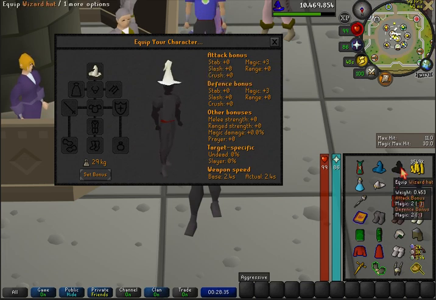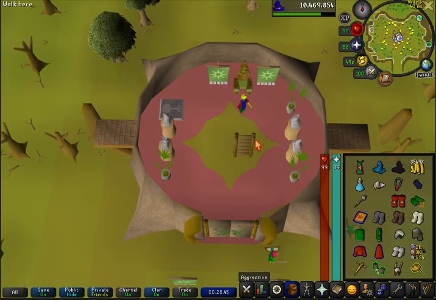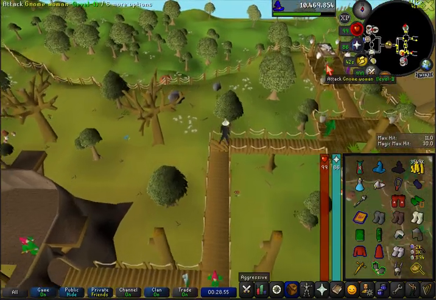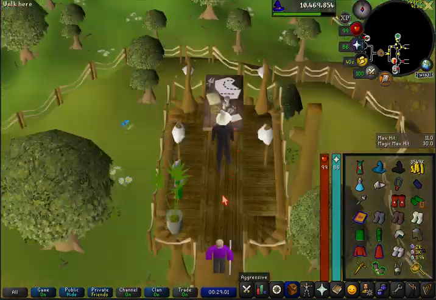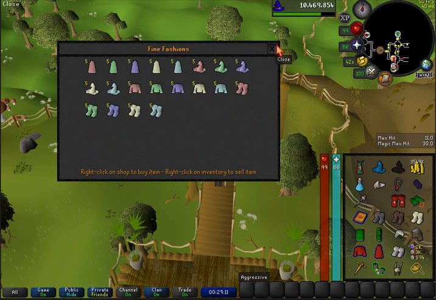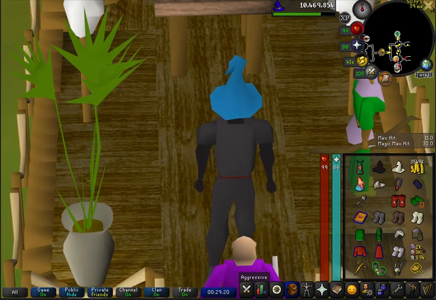But you can get these gnome hats. For example, if you're at the gnome stronghold, you can get these gnome hats, and also in Canifis. But these are just much easier if you have the gnome teleport. Otherwise, you can use the spirit tree and run north, or Darrow, the glider, or run here. These hats all have +3 magic, while these have 2. So I really don't know why anyone uses these,